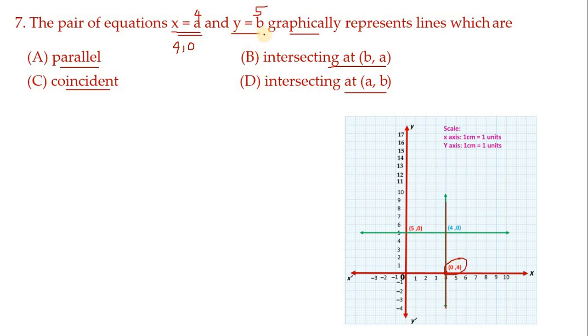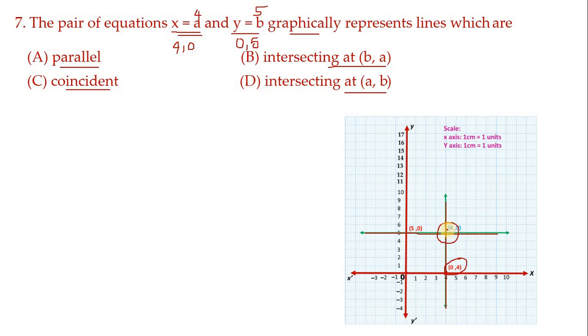So similarly here y equals to 5. So y equals to 5 means x will be 0 now. So 0, 5. So 0 is here, 5 is here. Now this line you have to draw. Okay. Now check where these two lines are coinciding. These two lines are coinciding at this point.